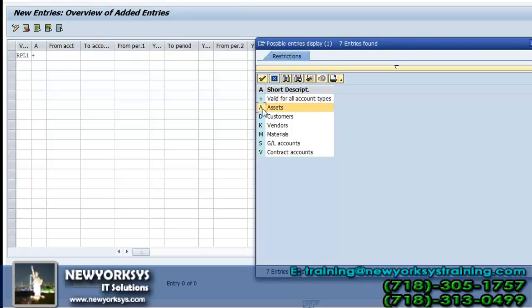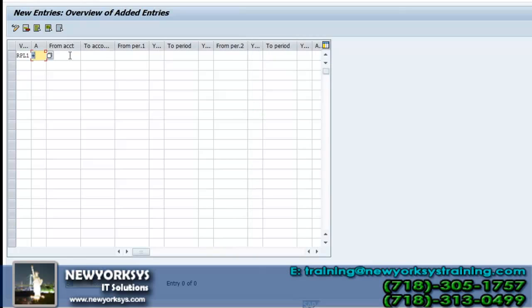If I give a specific letter like A, asset accounts will follow this rule. D, customer accounts or accounts receivable, will follow this rule. K means vendor accounts will follow this rule. So these are the specifications; I can control the postings also. I am selecting plus for all of them. When I select plus, there is no need for me to give the account range, from account to account. If you want to specify any account range, you can also specify it here.